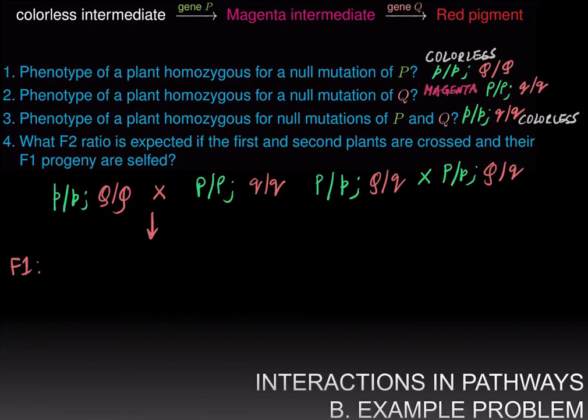What will be the proportions of the phenotypes in the F2? Now, this is a dihybrid cross,